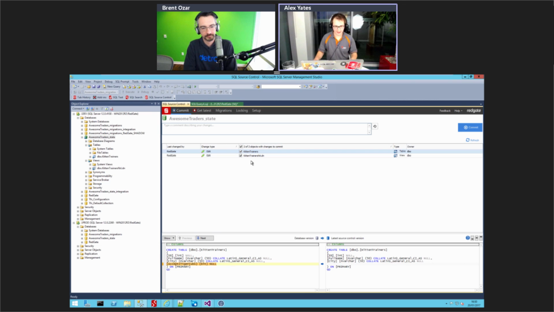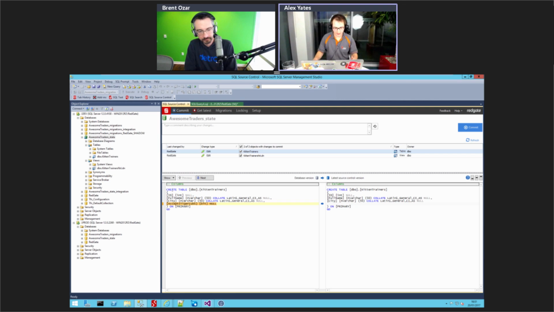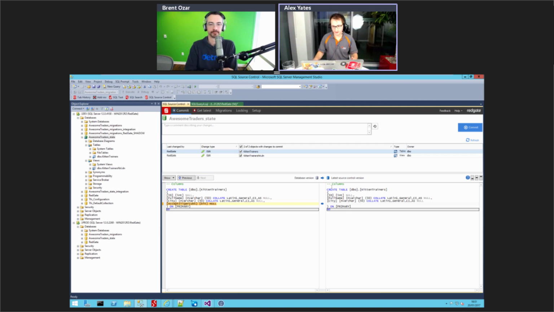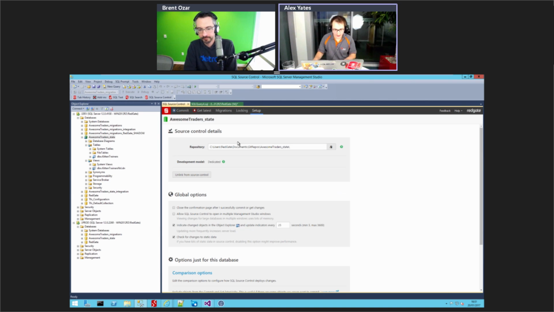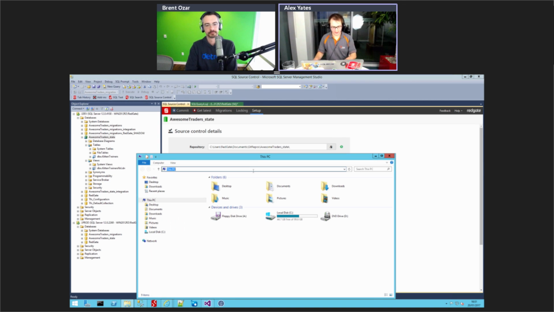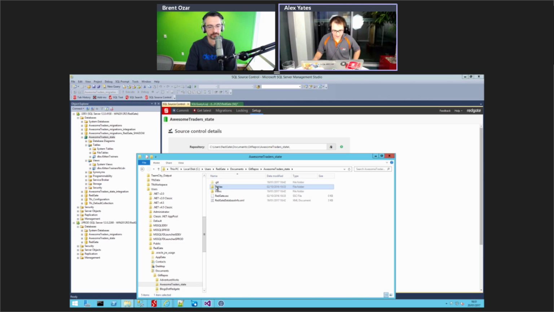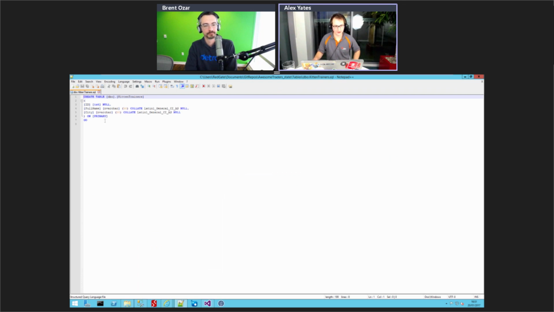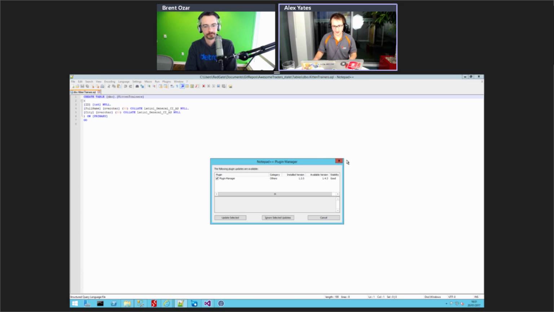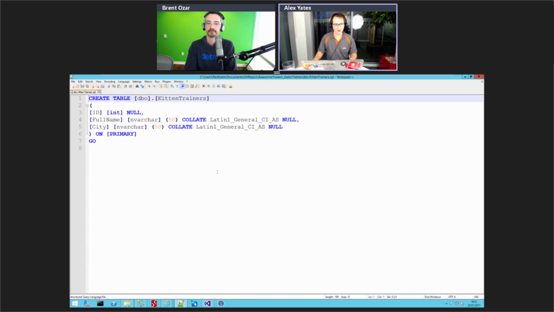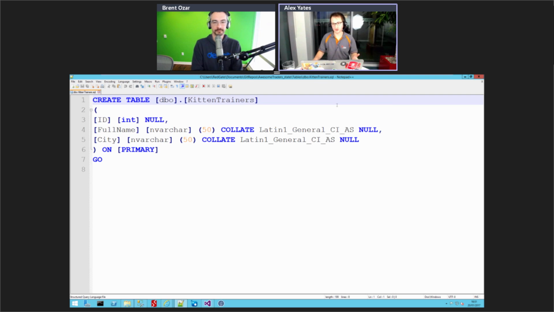So Redgate SQL Source Control is showing me the difference between what was there before and what was there afterwards. If you note, you get this diff pane here. It's telling you that on the database we've got this create table, and in source control we have this create table. I can actually go and look at where this is in source control. If I just open up my Git repository here, you can see how the table is defined in source control. You can see it's a create statement. That's the entire point. It's a create statement. I'm defining what the table should look like, not how it should change.